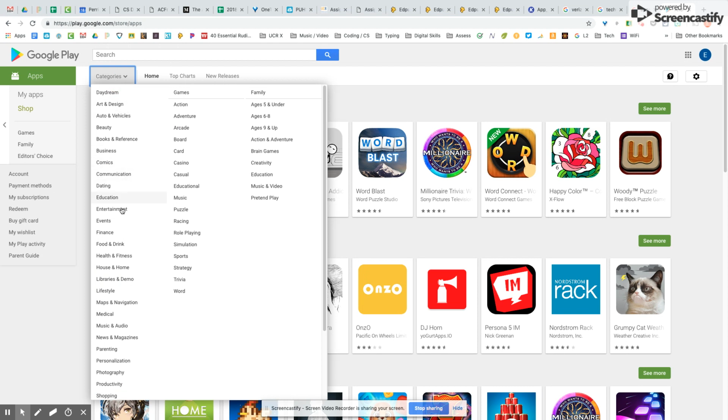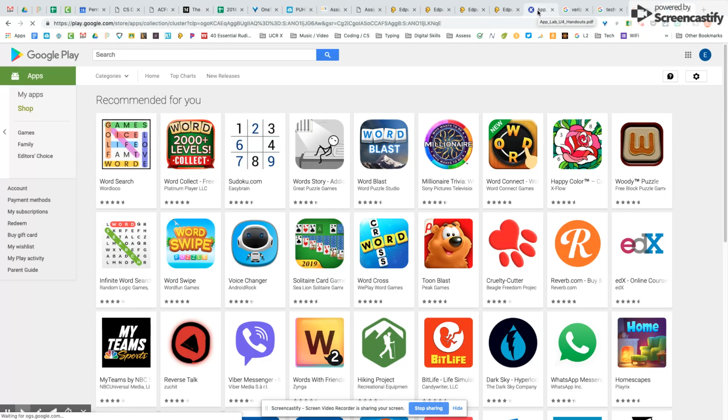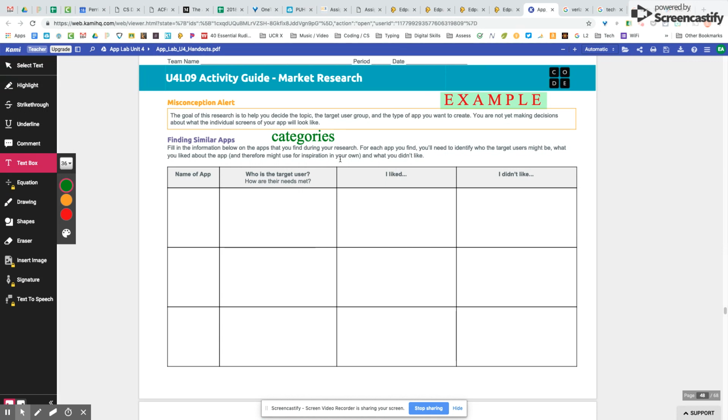I wonder if they have a category called apps for social good or something similar. Why don't you look that up? And anyway, when you have done some research, or as you're doing your research, come back to your paper, and